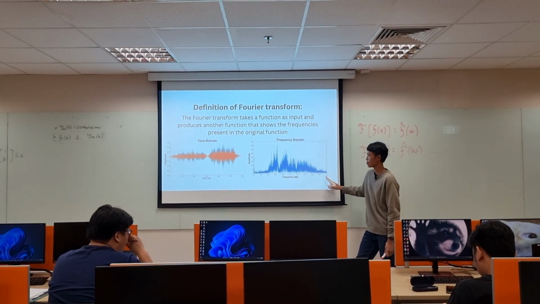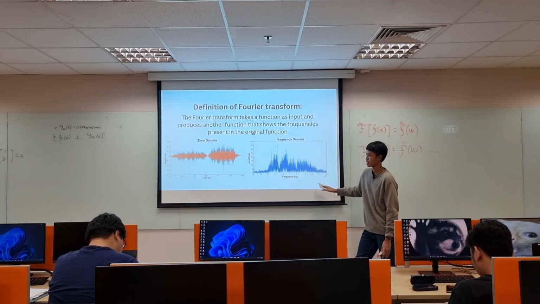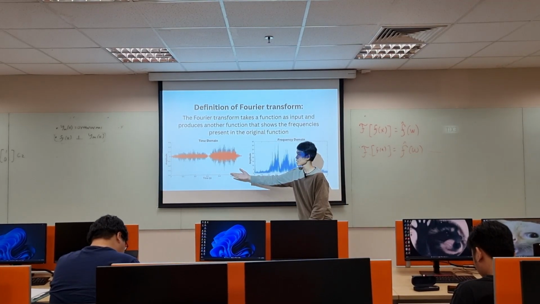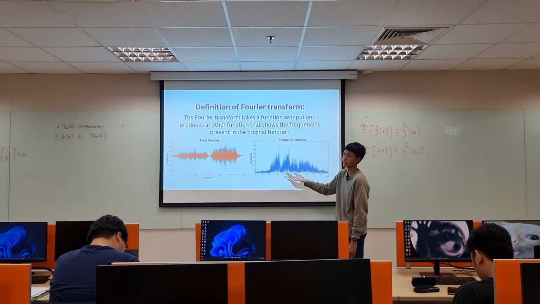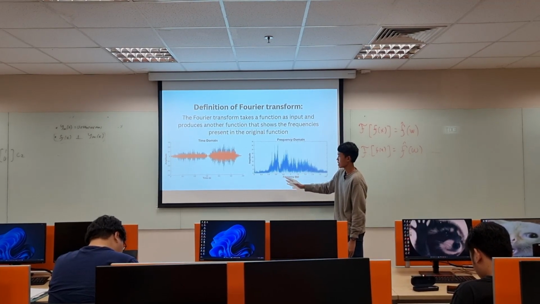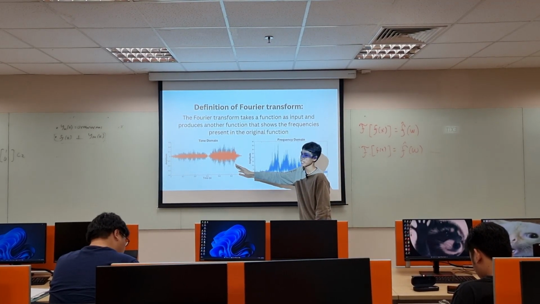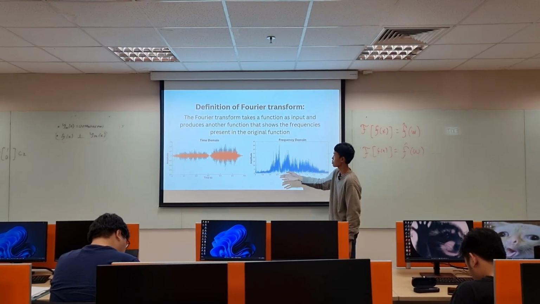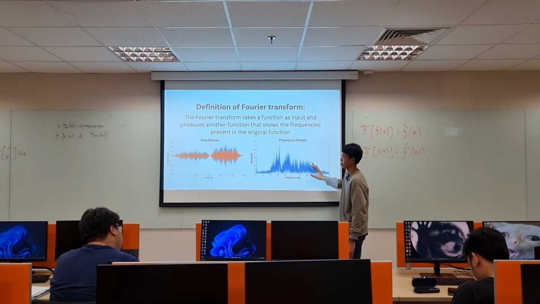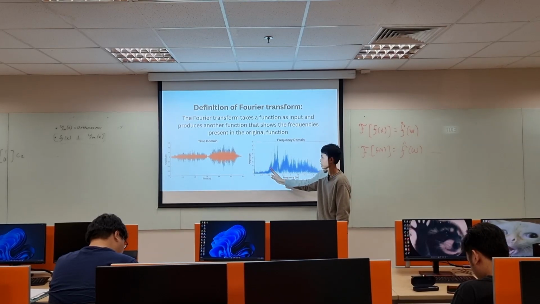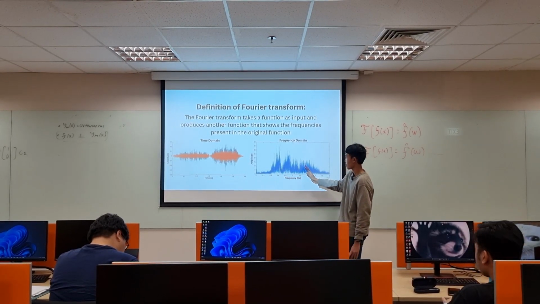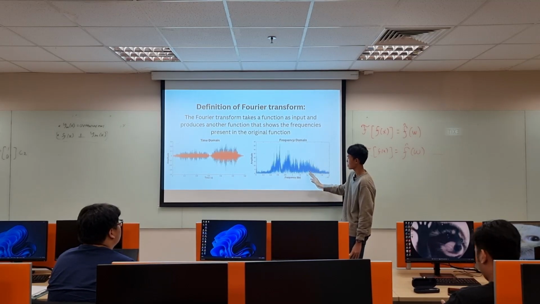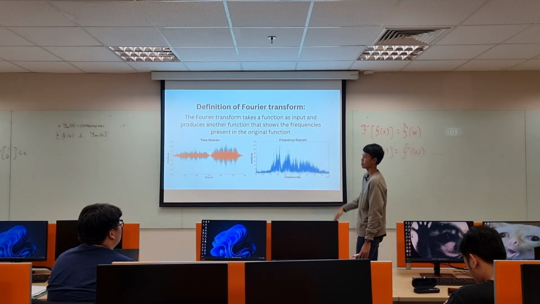Let's say this sound function is music, right? And this music has frequency. We can get the frequency from the Fourier transform. This frequency is low. Let's say this is the bass, the guitar, and the frequency is getting bigger here. Let's say this is, I don't know, trumpet or something.